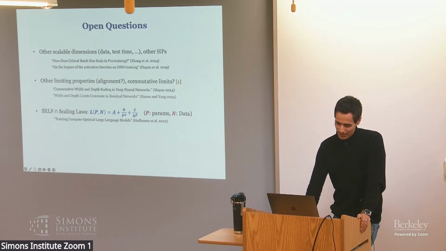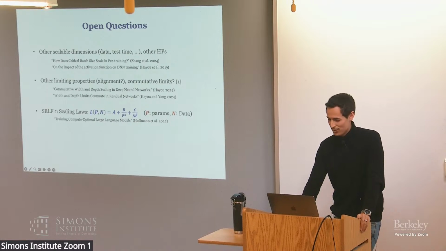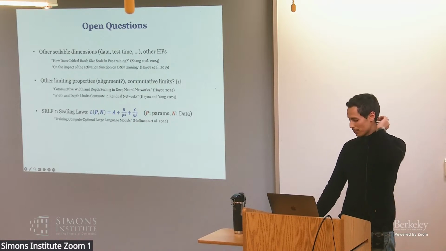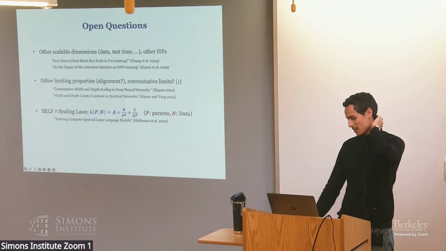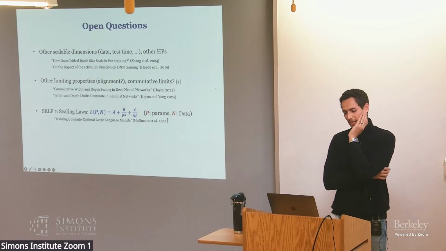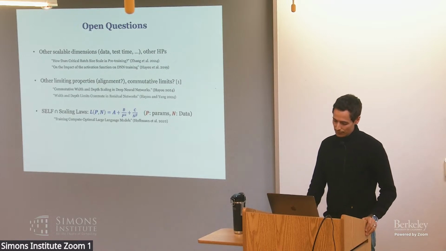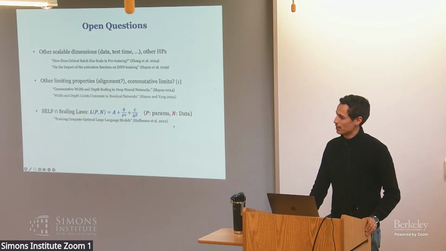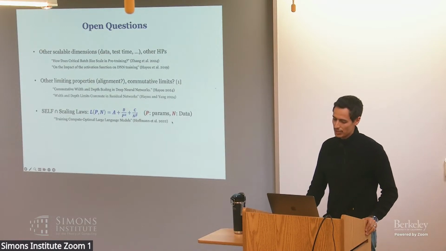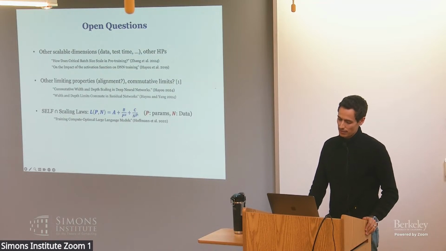Forget about that here; it was something I introduced in the previous slide. But basically, another open question right now is scaling laws. The scaling laws are basically the data and parameters limit, right? When you take them to infinity. Currently, there is very little theory on this, mostly from a linear regression perspective. There is almost no theory that gives us these kinds of results. I think it would be very interesting to study these kinds of limits as well.